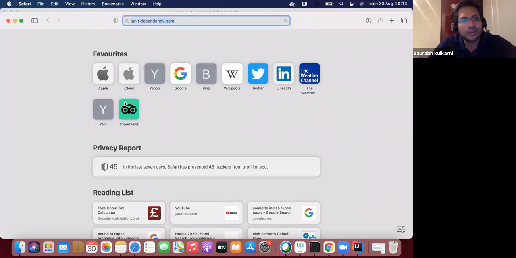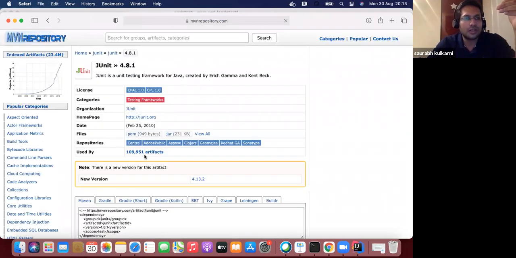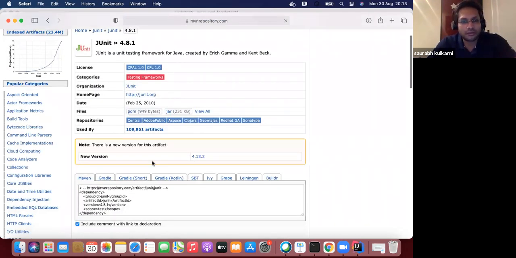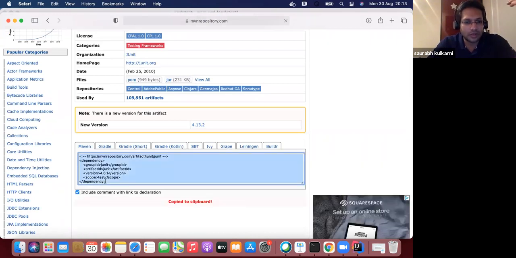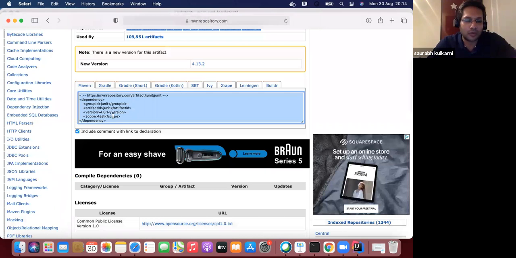and you can write POM. So when you do this, you will see mvnrepository.com. Either you can go to this, or you can go to the JUnit official open source page that they are operating. One of those you can go to, and you will see JUnit. So the 4.8.1 I have downloaded, and you will see the dependency here. So you can simply copy this, right click, copy, come to your project, go to the pom.xml, and just paste here. So I have already pasted 4.12. On Google, what we have seen is 4.8.1. So any of the versions you can use.